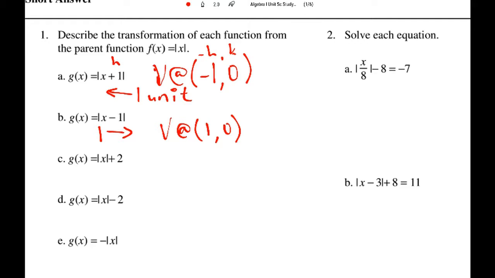So it shifts. Okay. Part C, if you notice, there is no h inside the box with your x, or the absolute value. Finally, we have a k, a number out here. So your vertex is definitely going to be at 0, comma 2, and the k really just sent you up 2 units. Okay, so compared to the parent function, you did a vertical shift up 2 units,